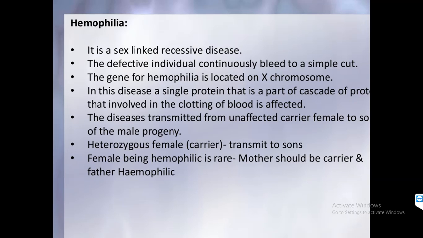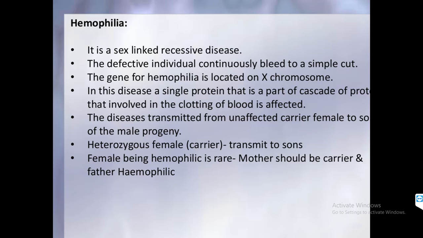As I told you, the mother can be a carrier and it is a very rare chance that the female is diseased. Why? That will be explained, but keep that in mind that if a disease is X linked, then the female is only the carrier most of the times, and male becomes diseased because male में सिर्फ एक X होता है और अगर उनका एक ही X disease हो गया तो वो disease show करेंगे, बट फीमेल्स में 2 X होते हैं और अगर उनका एक X disease है तो दूसरा X normal है, so they can be a carrier but not disease. So this is the reason.